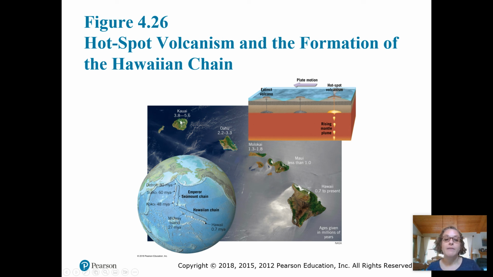We see that we have these smaller islands out here and then the large island here. Again, this is where volcanoes are actively erupting. This larger island is around here with those smaller islands trailing behind it. But if we keep going, we see seamounts. Seamounts are volcanoes that no longer peak above the surface of the ocean. So the mountains are still there, they're just not above the ocean. The reason is because they're older and they've been eroded down